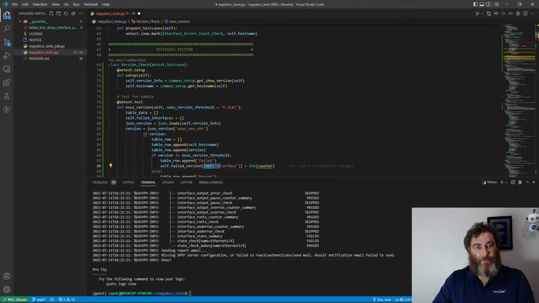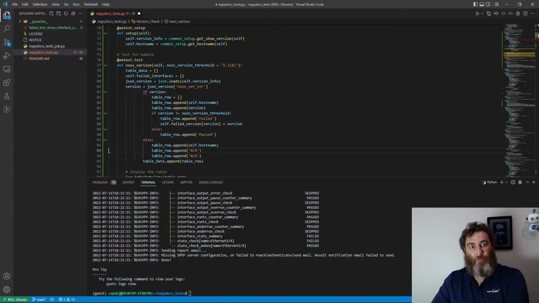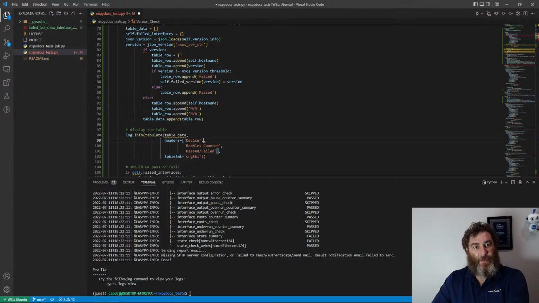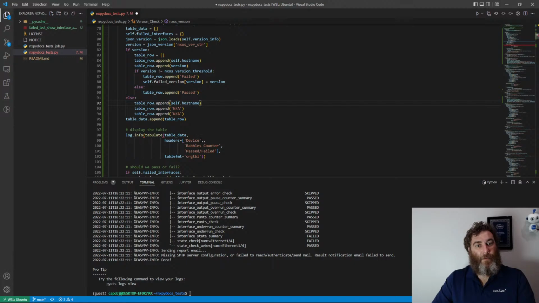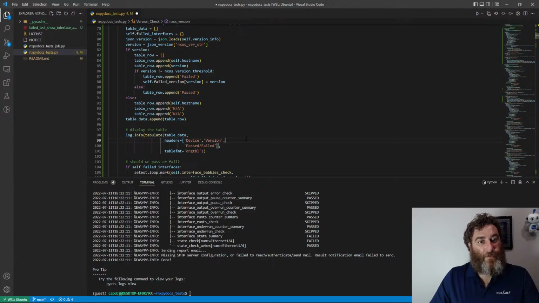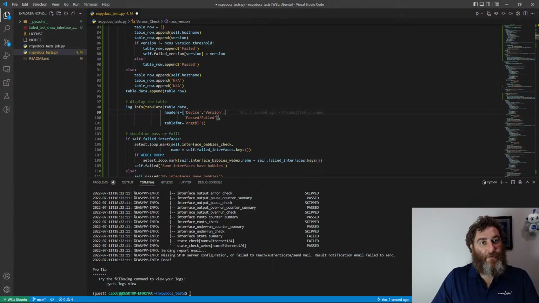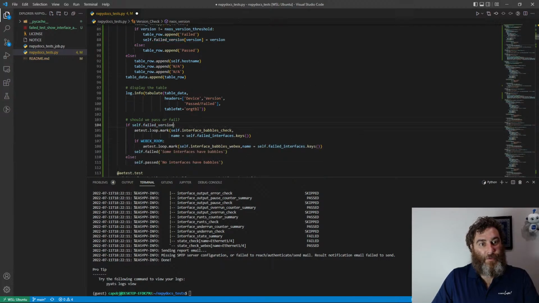And there really isn't an interface, so just version here equals version. We don't have that row, and we don't have interface here. I need to move all this back. Version pass failed. Okay, so then if self dot failed version, run the interface version check,